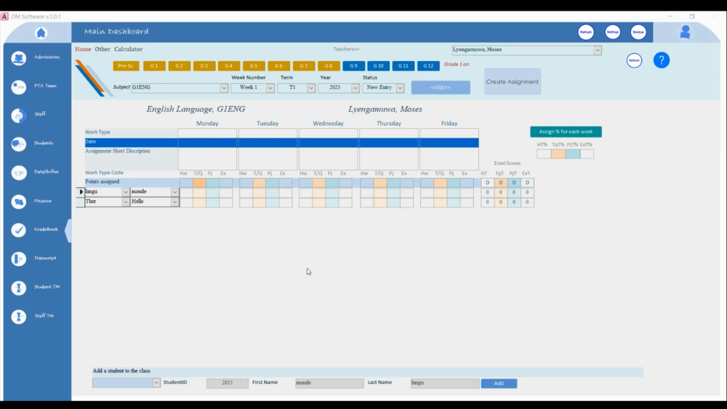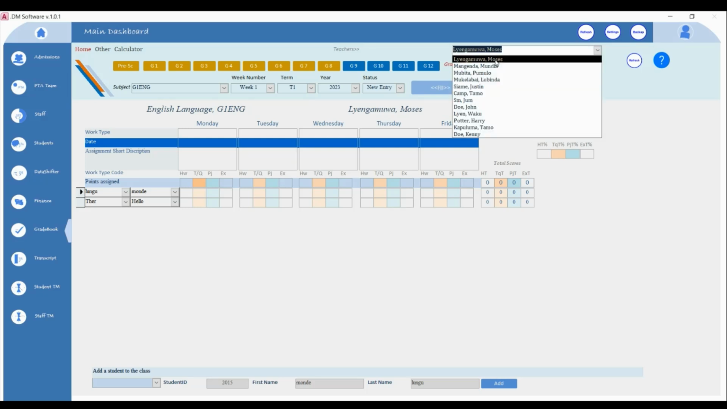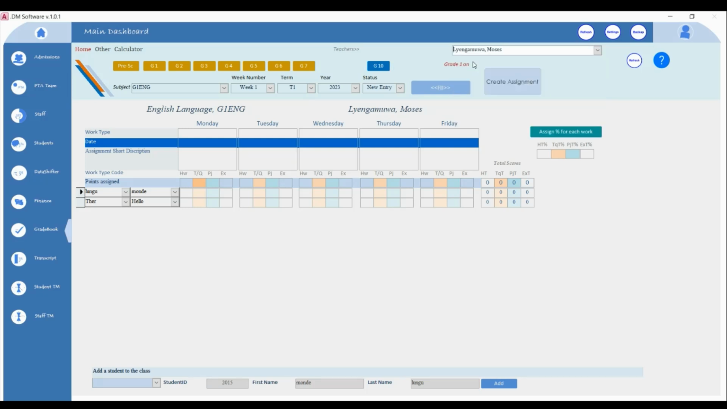So in order for you to create a work session, what you need to do is select yourself as a teacher, select the grade that you are teaching. The indicator is going to tell you that the grade is on. I'm going to select the subject. For now, we're going to go with English. Select the week, select the term, select the year, and the first thing that you need to do here is